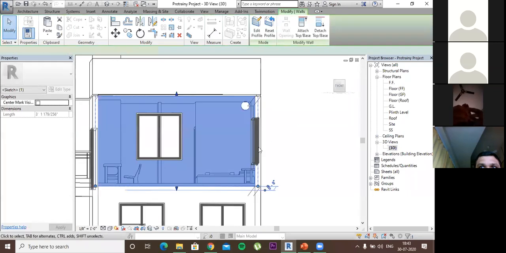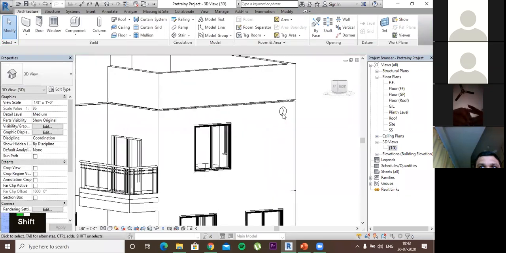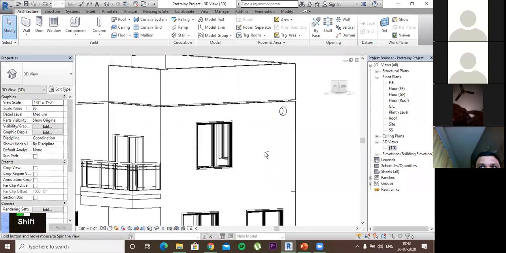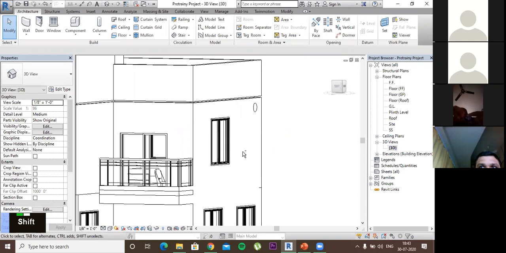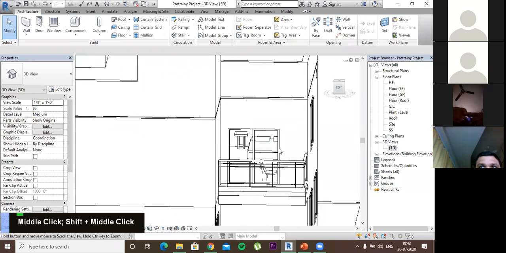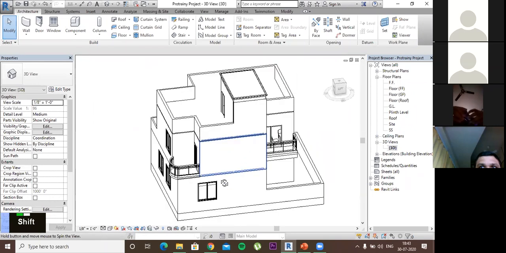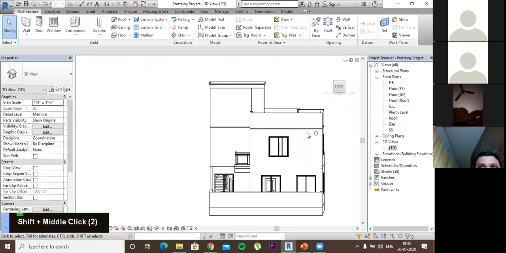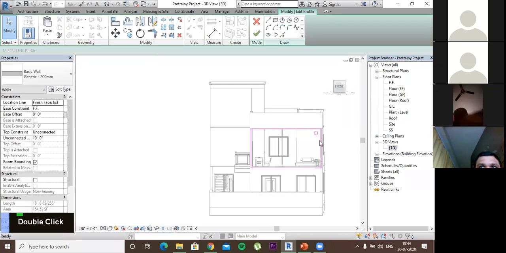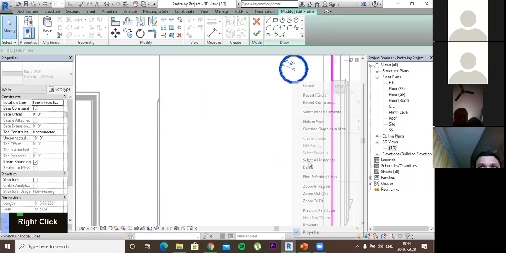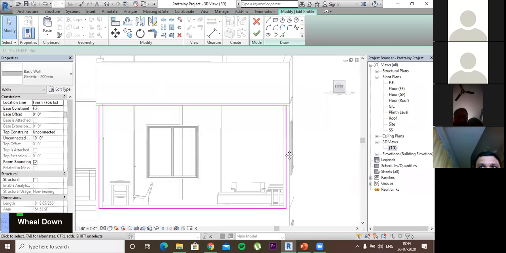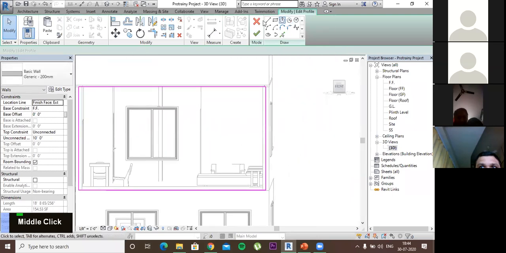I'll press right. So there will be this hole in the wall through which we can pass all the electrical systems. Also, if I want to change the design of a wall, then I can do that by this edit profile. For example, in this wall, I don't want this. I want to change its profile. For example, I want to make it a curved wall. Okay, so that I can do